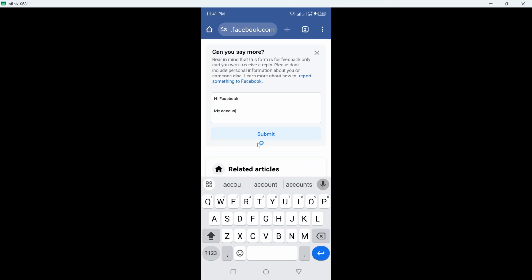my account is blocked for 180 days and I did not violate any Facebook community guideline. Kindly help me